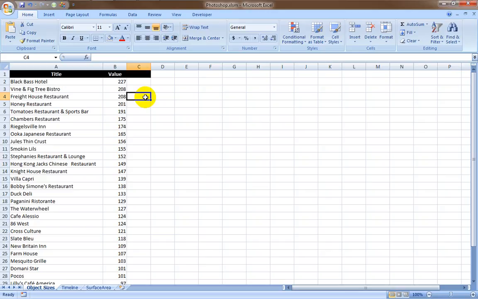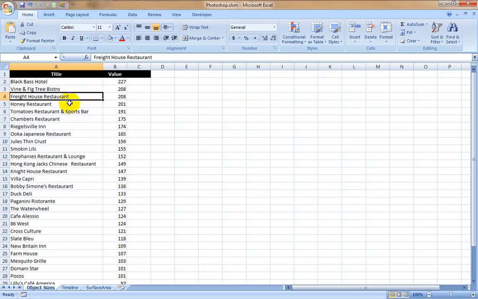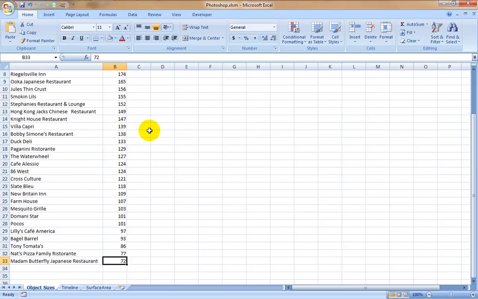To explain exactly what my problem was, here's an example set of data where, let's say it's marketing information. These are all the restaurants in Doylestown. And let's say we had people vote on what they thought was their favorite restaurant. The Black Bass would have received 227 votes in this instance, all the way down to here, Madame Butterflies, in